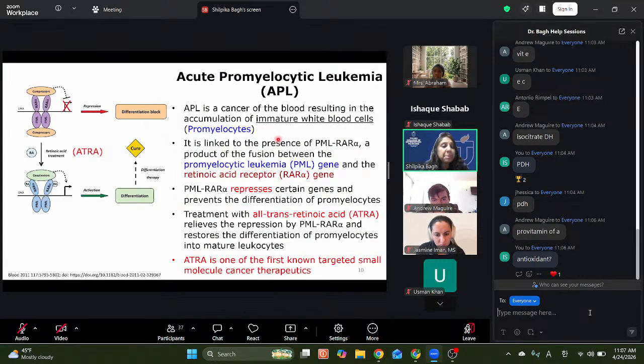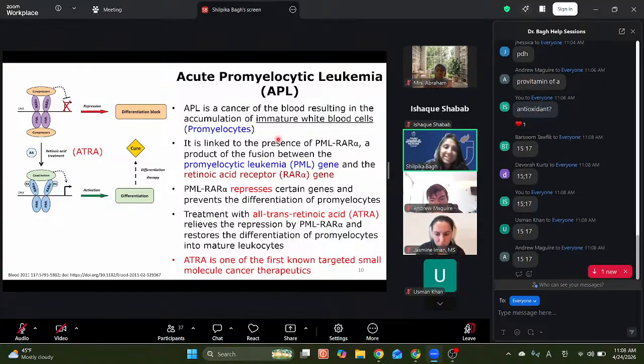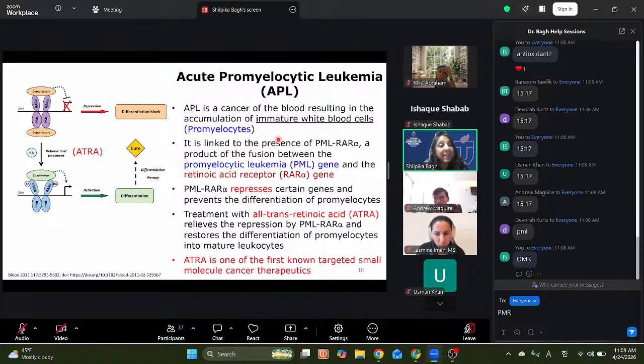Do you remember PML, AML, M3? Which chromosomal translocation is it? PML, AML, M3. Chromosomes 15, 17. Gene on 15 is PML and 17 is